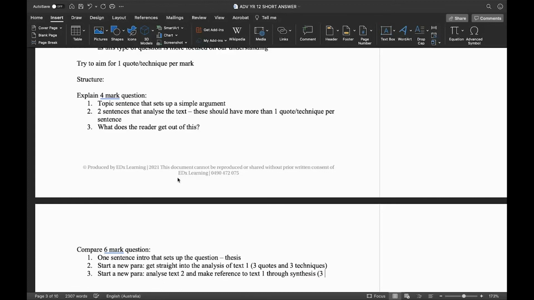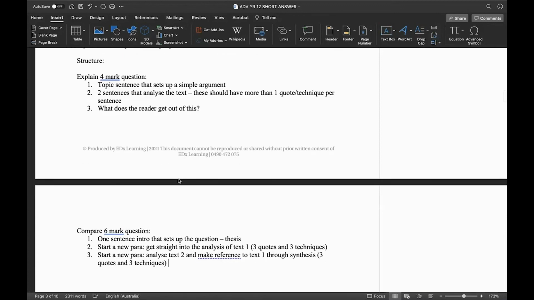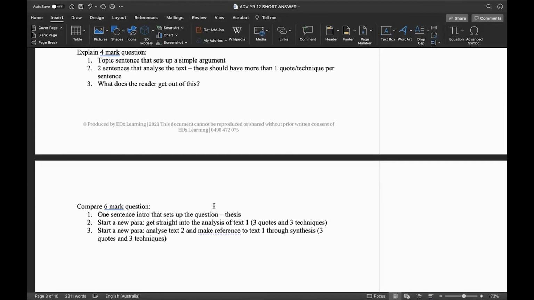So again, you're looking at 3 quotes and 3 techniques. So sort of think of your module A structure, but condensed into a 6-mark question. You talk about text 1, then you start a new paragraph, talk about text 2, and include a lot of synthesis to text 1. You don't need to analyze text 1 again, but you need to be drawing the connections there. So the other thing I would say here is, this is a tip that not a lot of people know, but